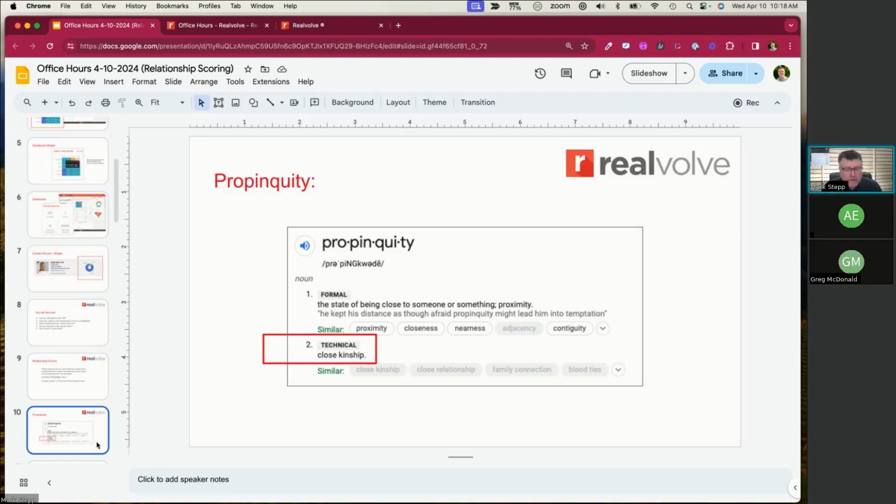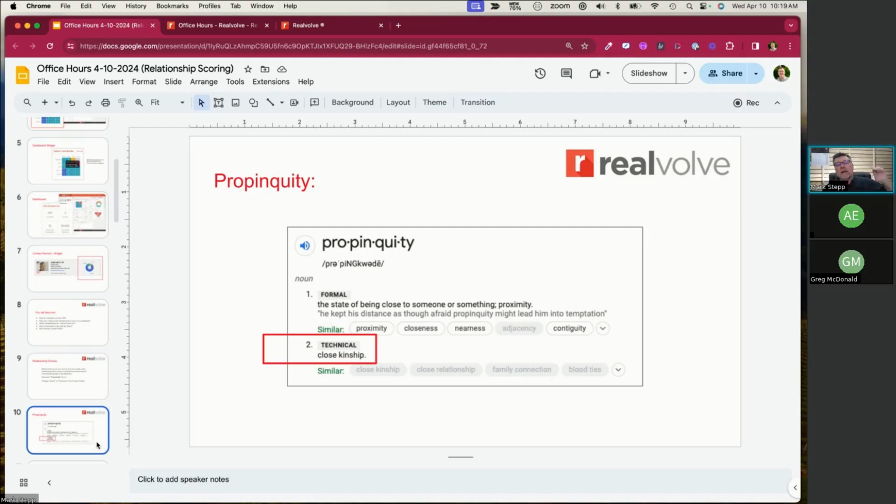There's a term that I like to use, propinquity. Propinquity is basically how close are you to somebody? If you are in your office and you sit physically close to somebody else, maybe you've got some cubicles or whatever, but you're in the physical proximity of somebody, you're probably closer to them relationship-wise. You make comments, you do things, you talk to each other a little bit more than somebody that's maybe across